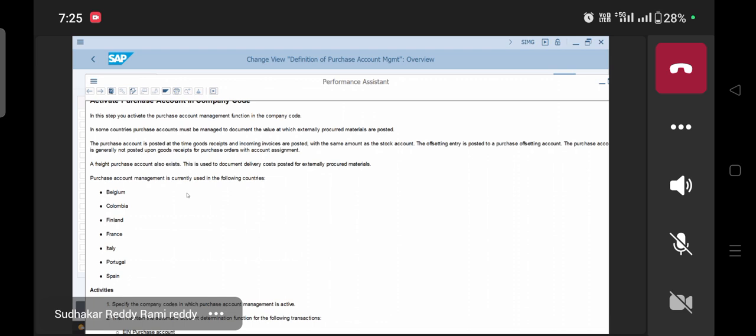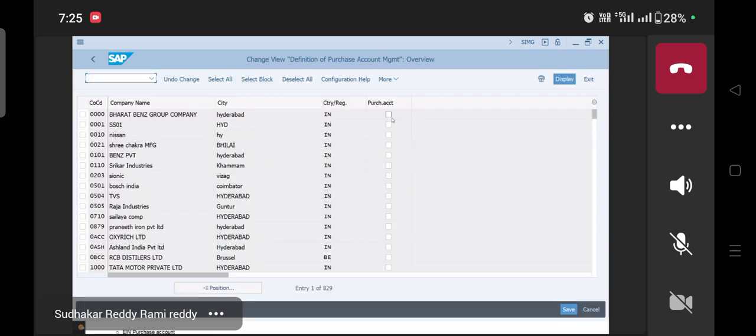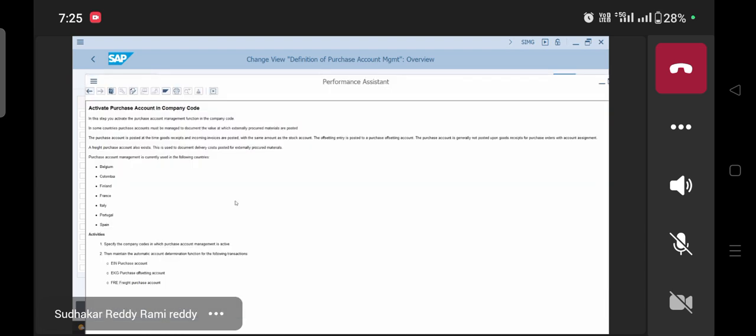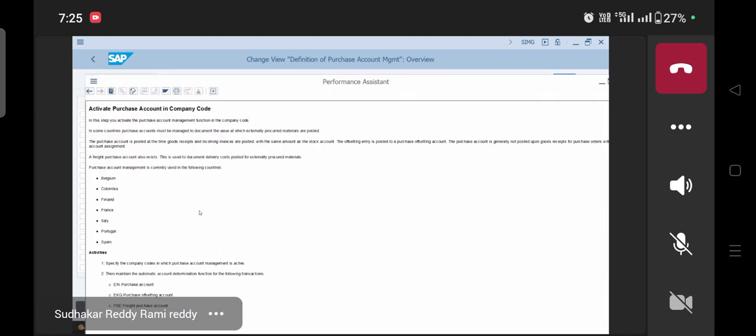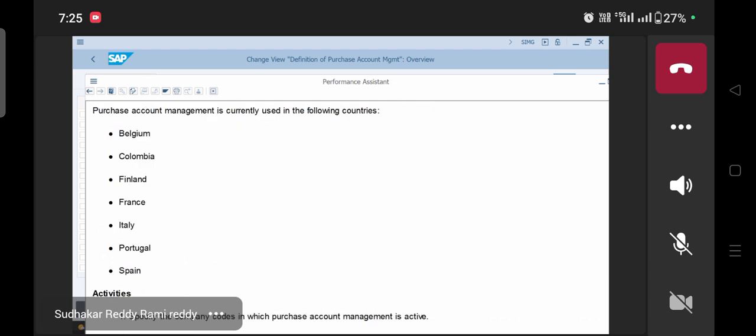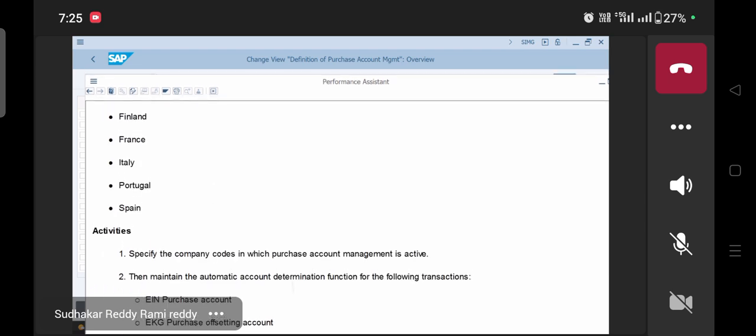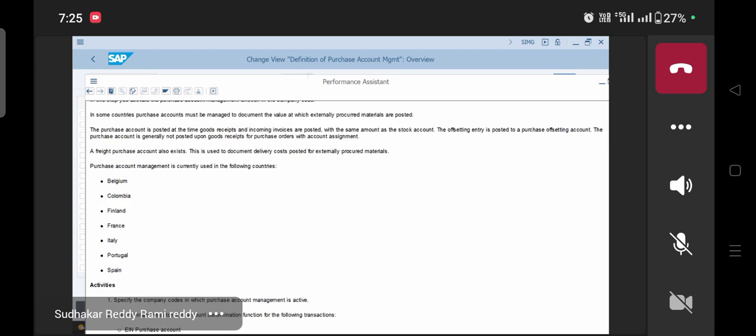Then you activate the purchase GL account checkbox here at company code level. Then it will create BSX value 1,000 rupees plus, assume, and WRX GRIR minus 1,000 in the stock vendor account. But the same BSX value of 1,000 rupees will again post separately in the purchase GL account with a separate transaction key EIN, purchase value GL account. It will post in the EIN. But for EIN,